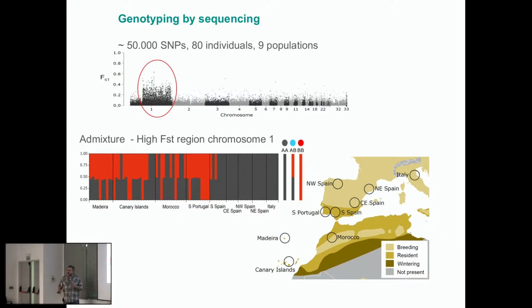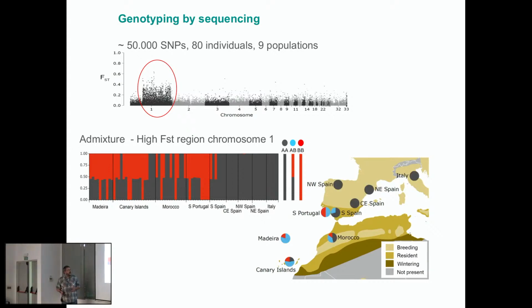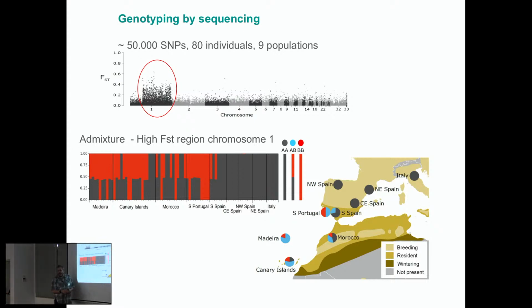These two chromosomes are not distributed at random. If we look at the frequency of the homozygotes for one kind of chromosome, the black dots, the homozygotes for the other kind, the red ones, and the heterozygotes, the blue ones, we see that it's only south of the Iberian Peninsula, Macaronesian Islands, Morocco, where we have these blue and red types. So they seem to suggest that there was something preventing the mixture of these two chromosomes.